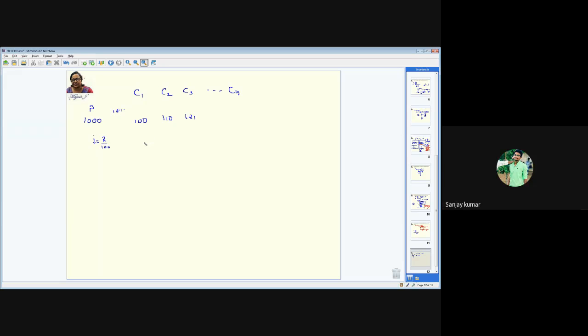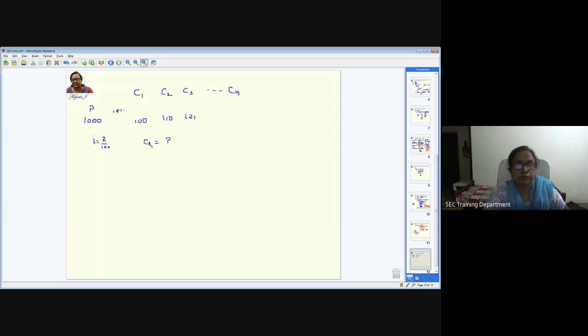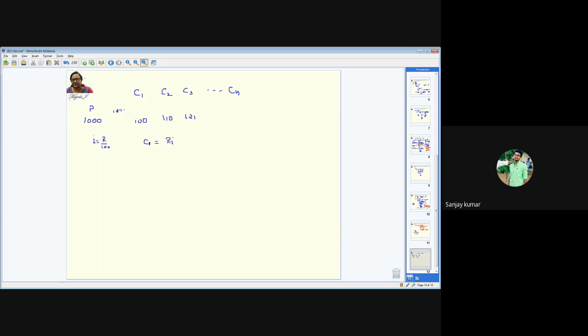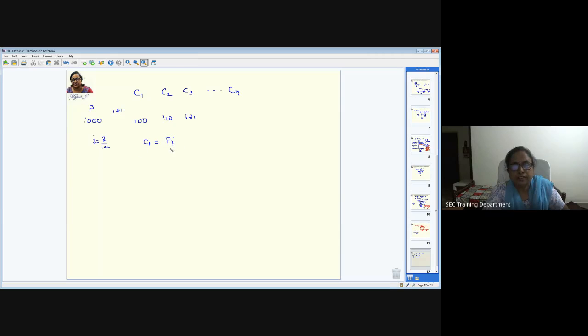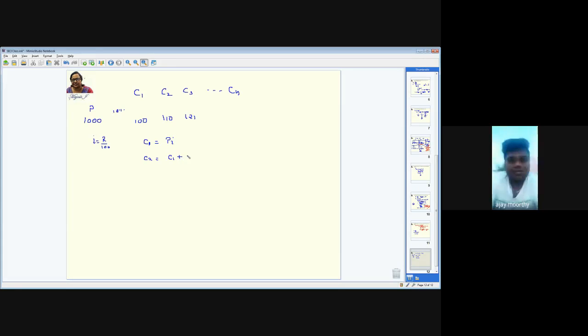Okay. So when I say the first, C1 is nothing but P into I. C1 is nothing but P into I. Is this clear to everyone? Principal into interest R by 100. When I go for C2, whatever you have here, that is the first year interest, plus you are going to take interest on interest.